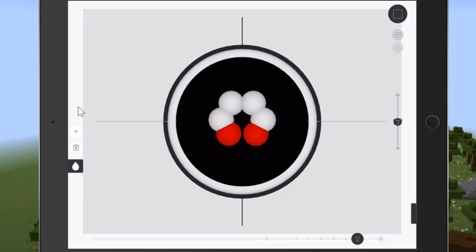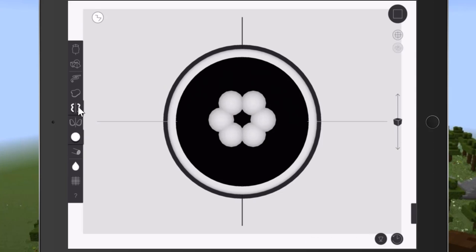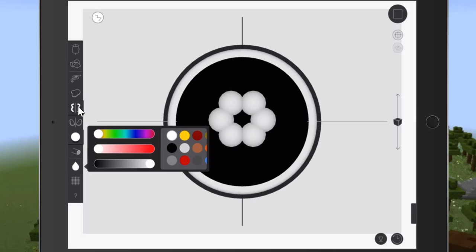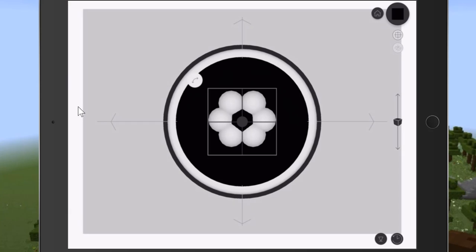Just going to delete the last one and do it again. That's it, because I wanted them to meet at the end. So I'm happy with the petals. I now need to make the black pollen in the middle. So let's select the color black, make sure it's on a single line tool, not the symmetry one, and pop it in the middle. So now when I look at my bag in 3D mode,